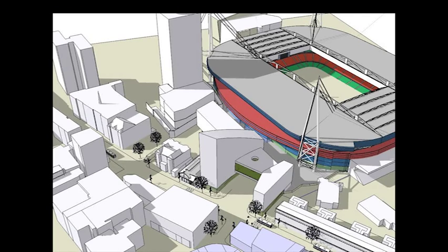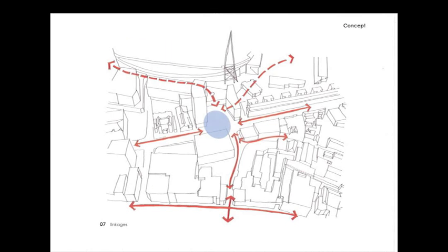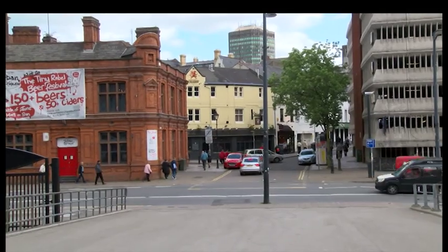When the Millennium Stadium was constructed, we've got a bit of a missing tooth on Westgate Street, because when the Millennium Stadium was constructed, the old tax office building here was demolished in order to create the ramps and the access up to the building itself. That's left a pretty poor environment, really, for what is actually a world-class stadium behind me. So the idea is that we can make a brand new public space, a fantastic new part of Cardiff, on an access from Quay Street that comes into the stadium,